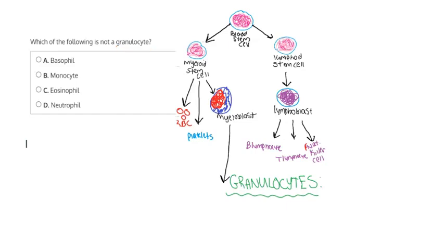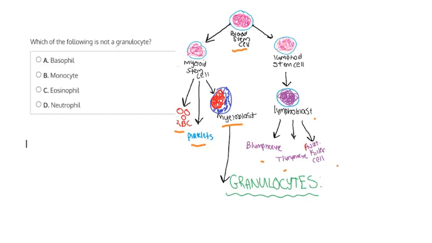So if we look at the beginning of this diagram that's already partially filled out, we see that cells start as a blood stem cell, and then they're derived into different types of cells, which are grouped into different categories. So we could see that we have the blood stem cell, which goes to the myeloid stem cell, which leads to red blood cells, platelets, myeloblasts, which further are derived down, which we will review. And then we also have lymphocyte stem cells, which are derived into lymphoblasts, and then we have the three different